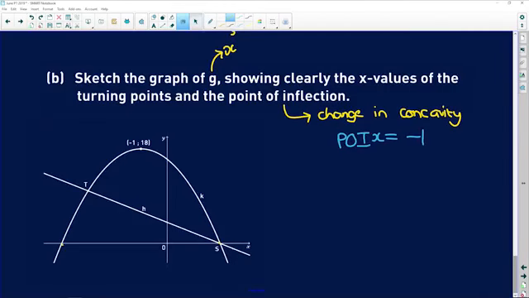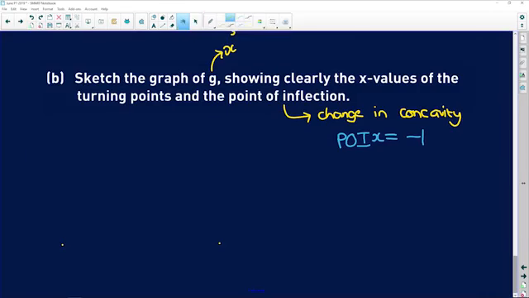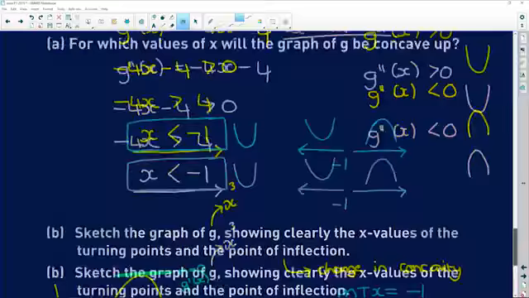Okay. Now, how do we find the turning points? Remember, guys, we don't actually need this graph here, so I'm going to take it away. Remember, you're going to have a graph that looks like this. At the turning points, if you drew a tangent to the turning point and you found the gradient there, remember, it is equal to 0 because it is a flat horizontal line, 0 gradient. So what gives us an indication of the gradient? It's g prime of x. So if we look at our original graph,